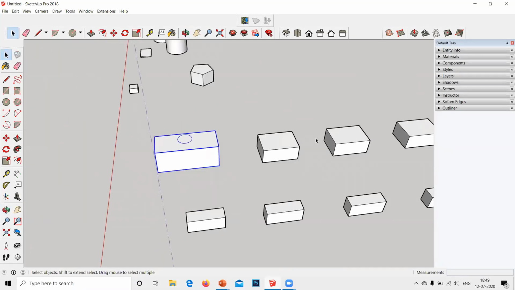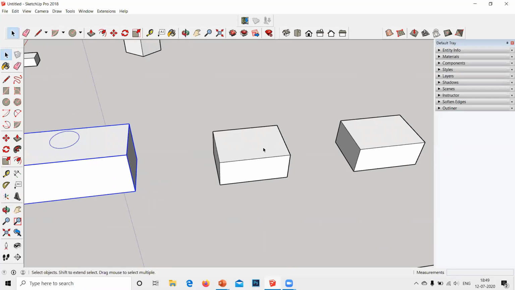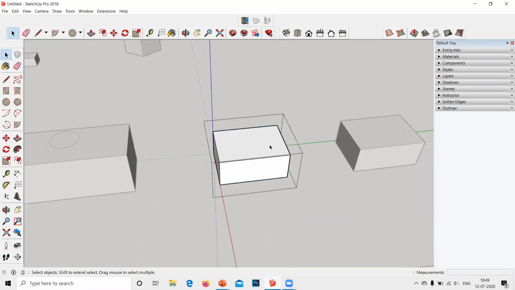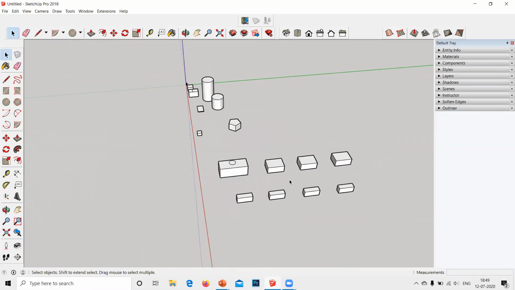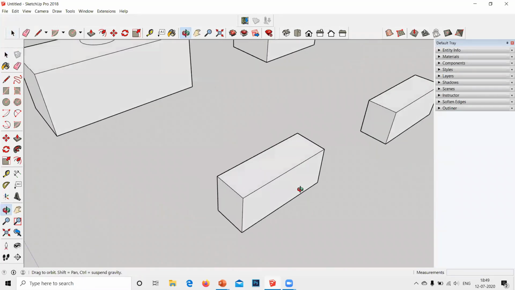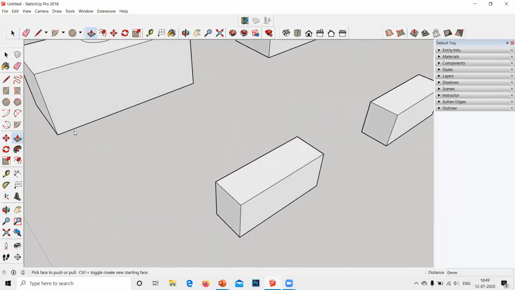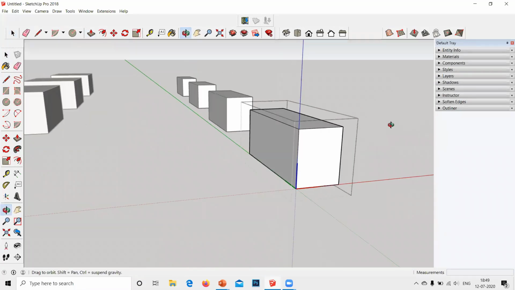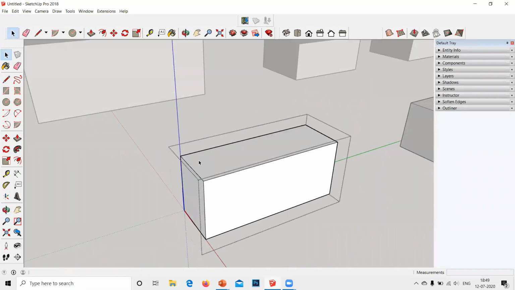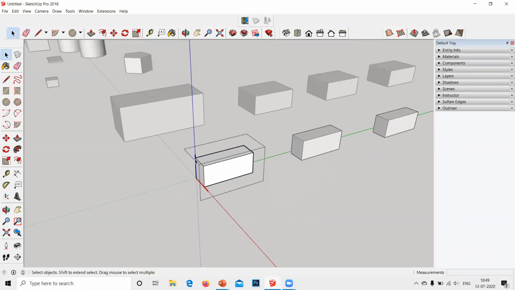So to enter, again, if you want to enter this group, click on it, double click, you are inside. The same with components. If you want to make any changes, it won't allow you. But if you double click on it, and once you've entered inside, you can make changes.